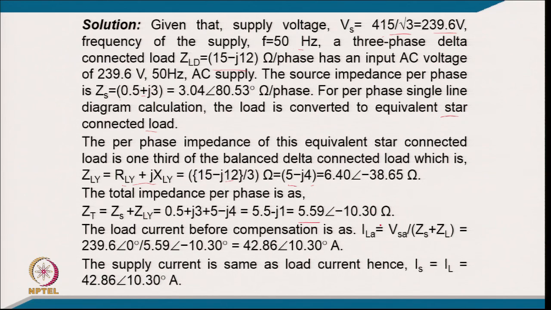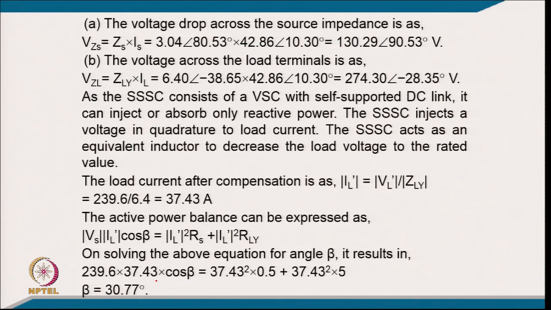So, it comes 5.59 ohm at the angle of minus 10.30 degree, and the load current before the compensation will be VSA divided by total impedance. It comes 42.86 ampere at the angle of 10.30, and this current will be the same as the load current. Now the voltage drop across the source impedance will be impedance multiplied by the current, and it